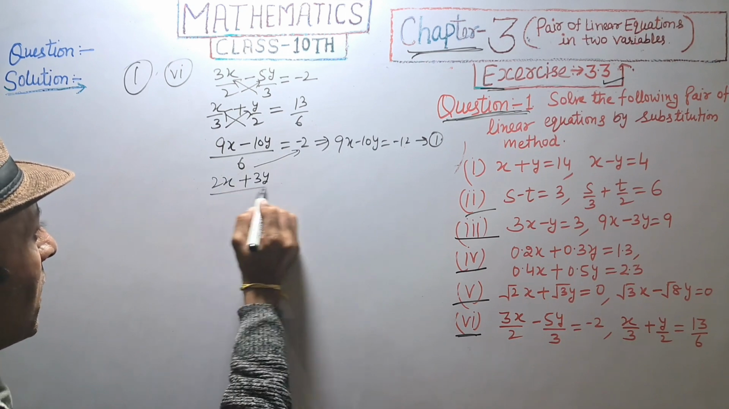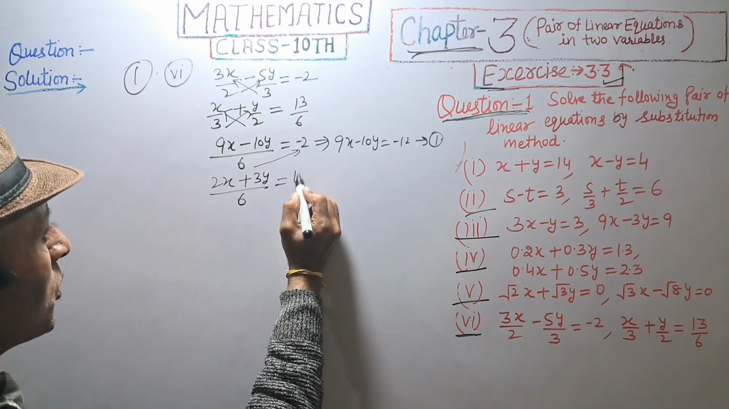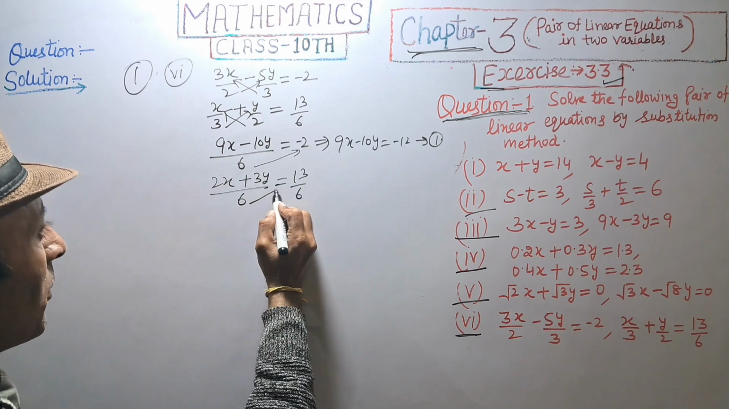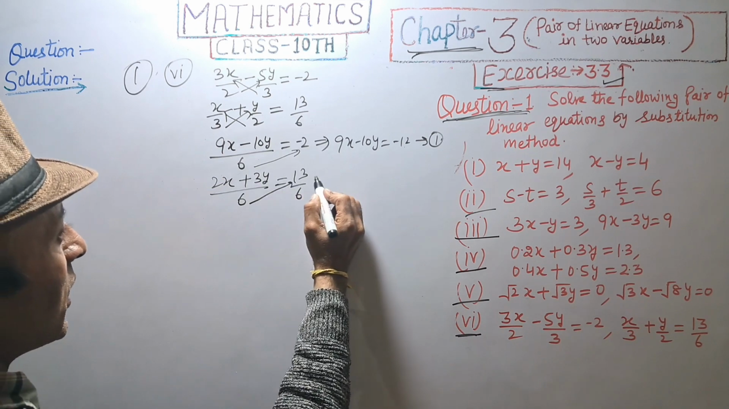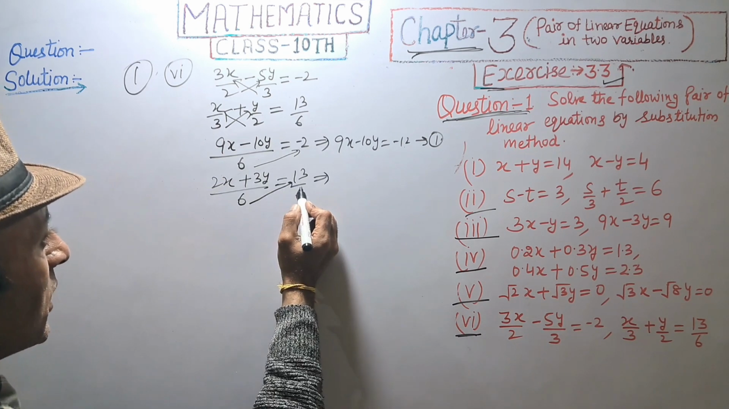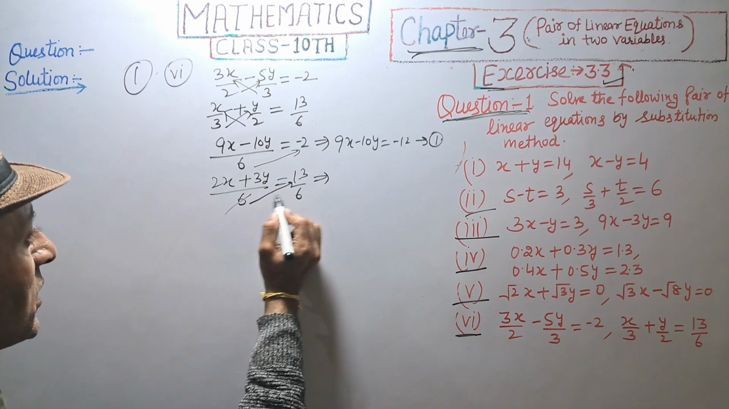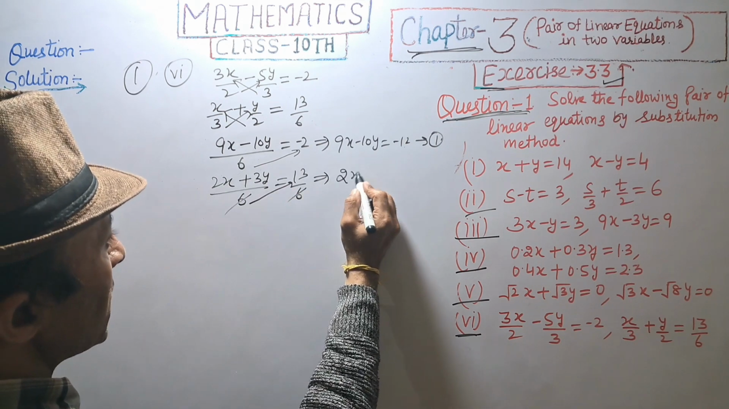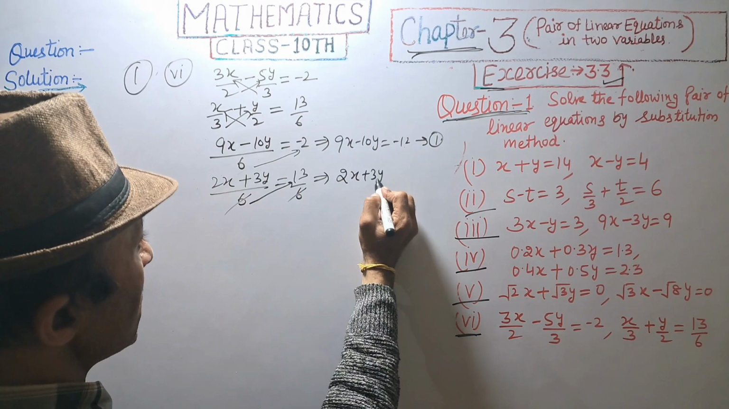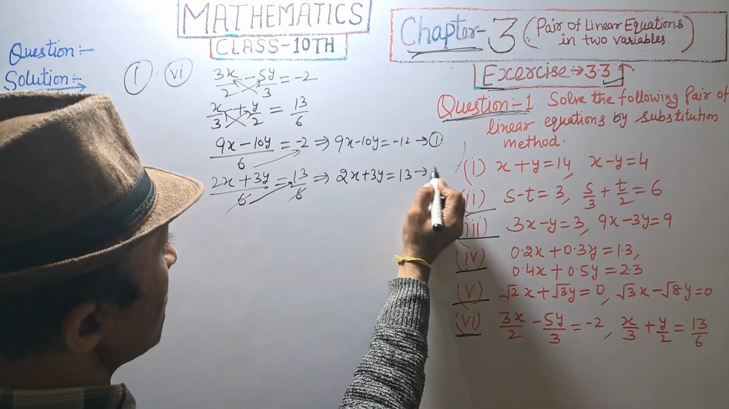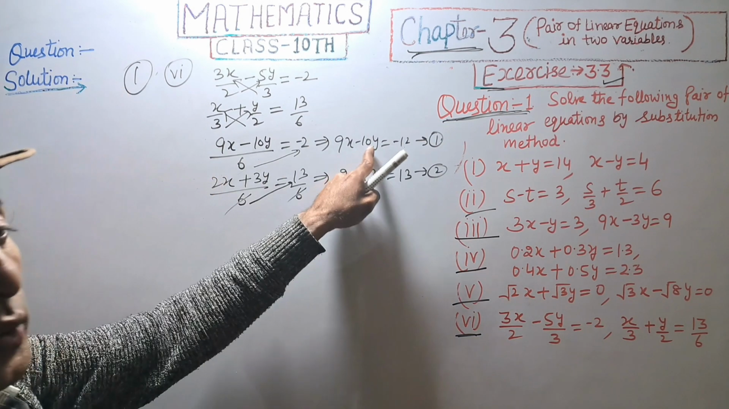On the same process, equation second will become 2x plus 3y divided by 6, equal to 13 upon 6. We are multiplying this on the right side, then 6 and 6 are cancelled, and 2x plus 3y is equal to 13. It's equation number second. From equation first,